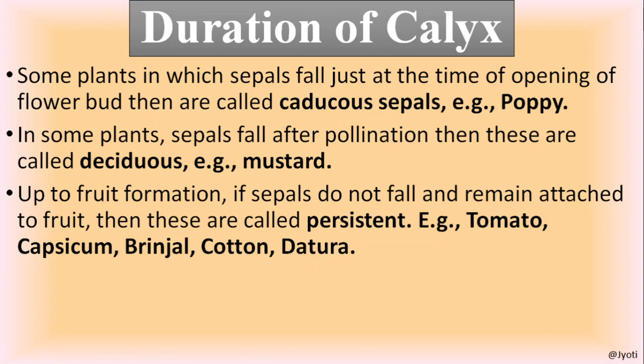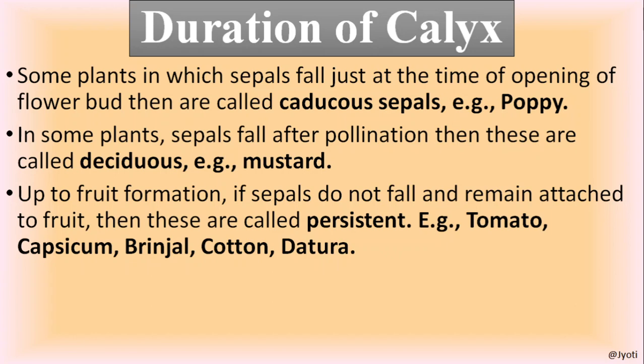Now the duration of the calyx. In some plants, the sepals fall just at the time of opening of the flower. As soon as the bud starts blooming, the sepals fall off. Such types of calyx are called caducous sepals, as in the case of poppy. In some plants, the sepals fall after pollination. That is called deciduous. And in some plants, the sepals persist up to the fruit formation, and even persist